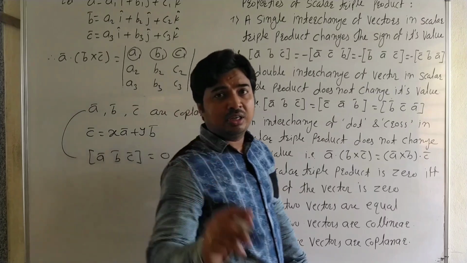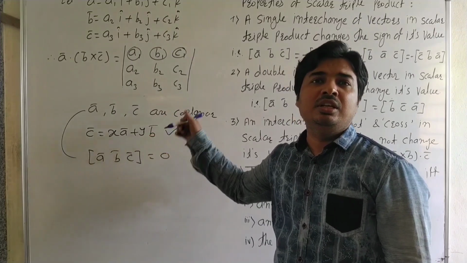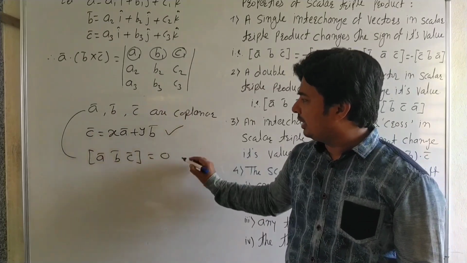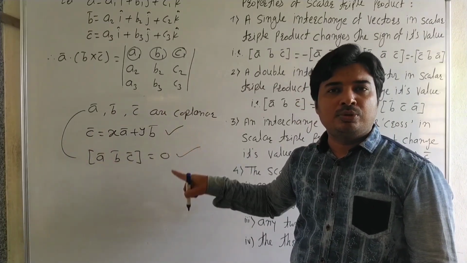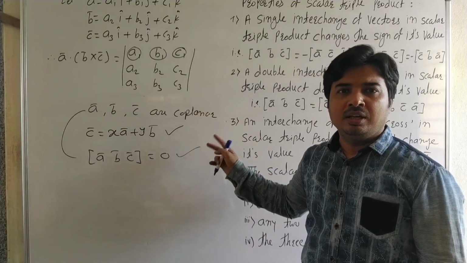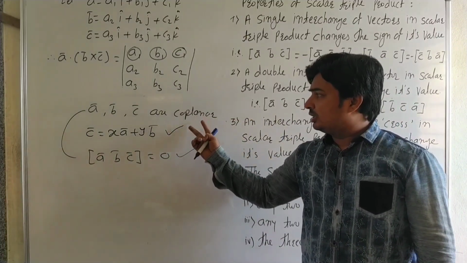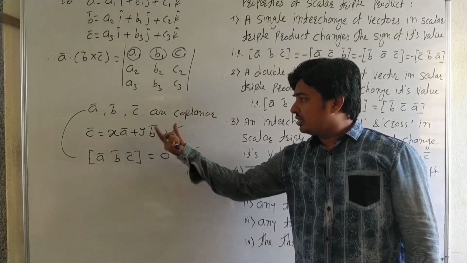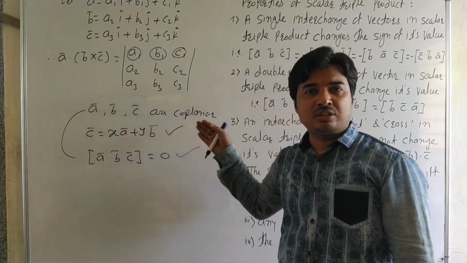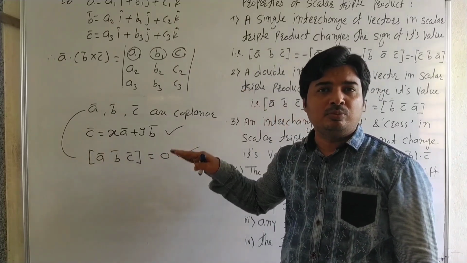Okay, here we have already learned this condition. If three vectors are coplanar, then any one vector is a linear combination of the other two vectors. And in the scalar triple product, if three vectors are coplanar, then the scalar triple product of the three vectors is 0. It is a property of the scalar triple product. And for the condition of coplanarity, an example asked in the exam is: show that the three vectors are coplanar, that means one vector is a linear combination of the other two vectors, then the three vectors are coplanar. But an easy way is to find the scalar triple product of those three vectors.